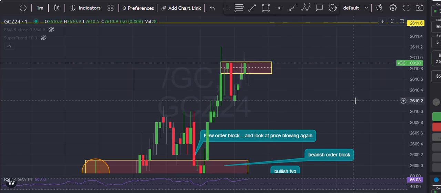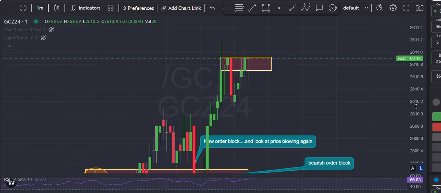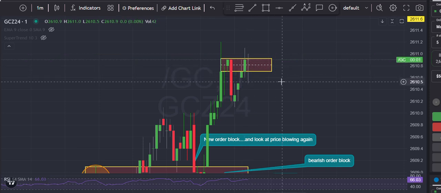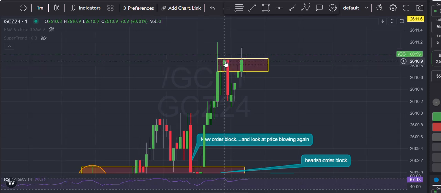I don't know. Let's see how this plays out, because right now, if this was a fair value gap and I was taking those rules, it would have been invalidated. But I don't know, being that this is an order block,